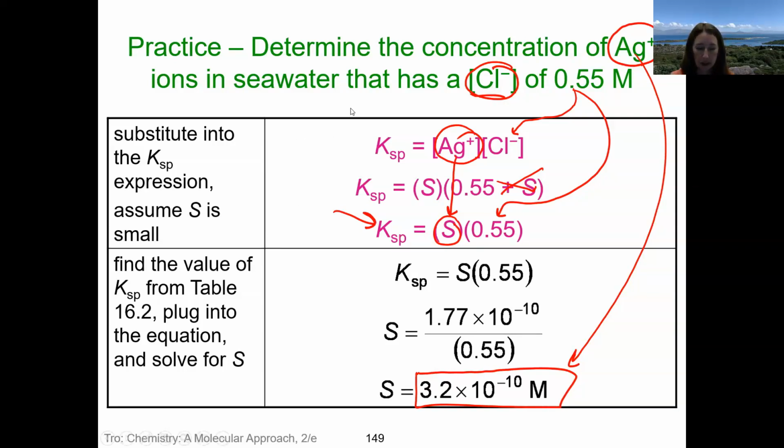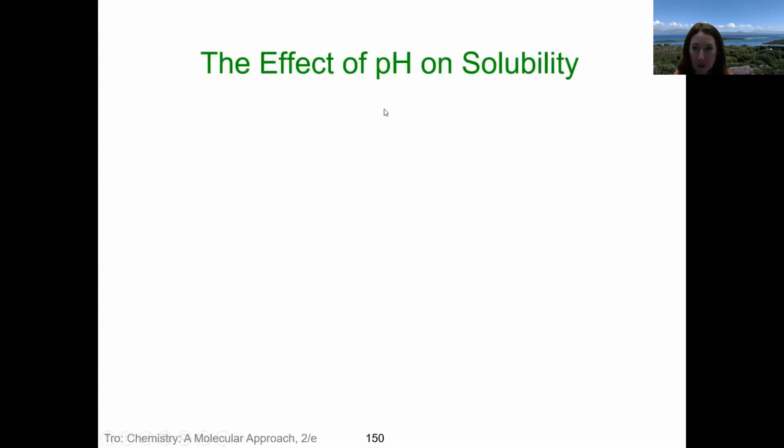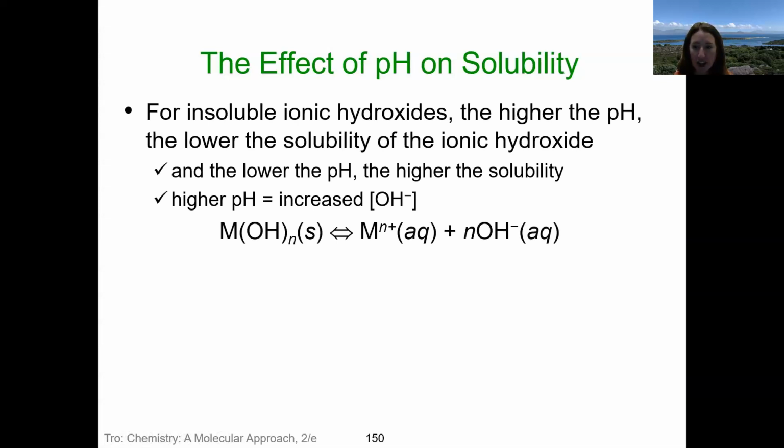Okay. So that's solubility. So now we're going to look at solubility and how pH affects it and how we can precipitate certain ions based on specific conditions. So the effect of pH on solubility, we've actually done this one. We did this with aluminum, and we'll talk about aluminum a bit today, but we'll talk more about it when we go to complex ions. So for insoluble ionic hydroxides,